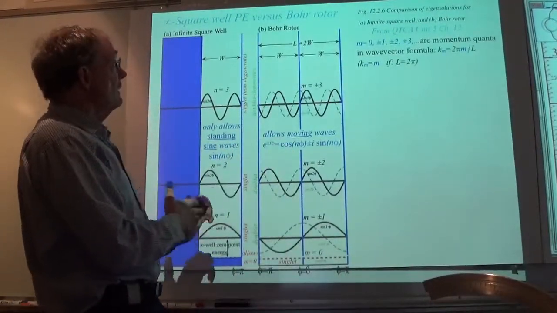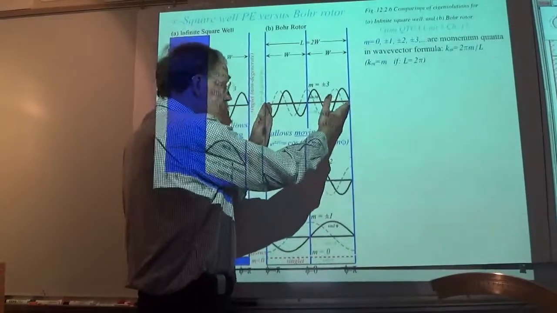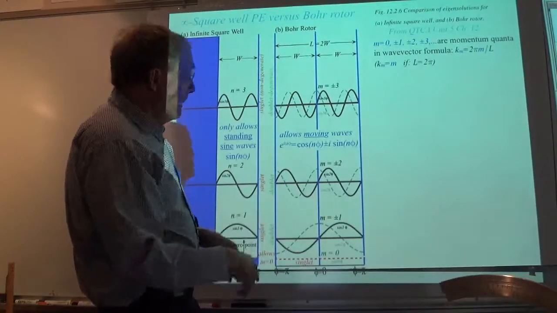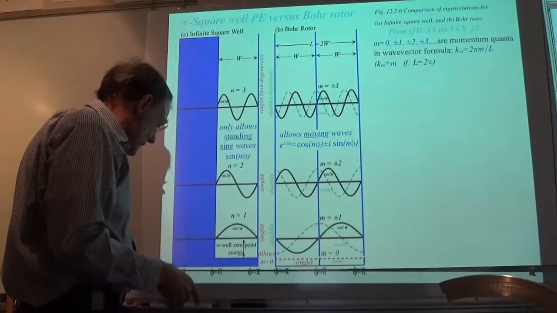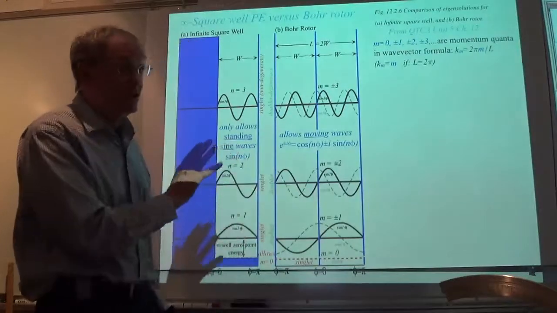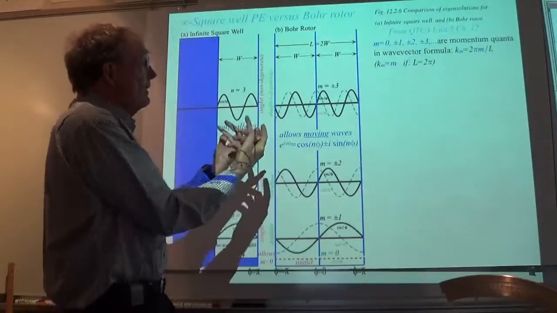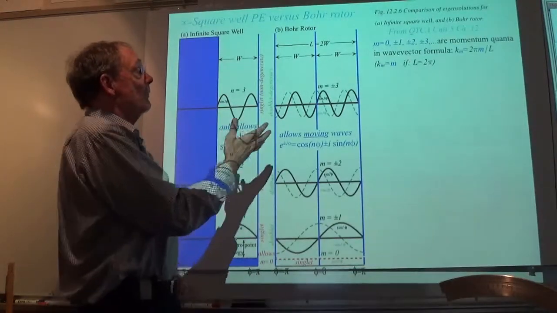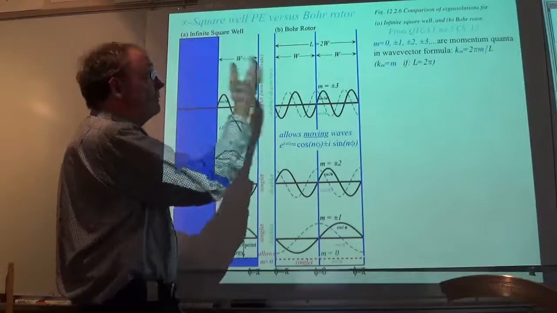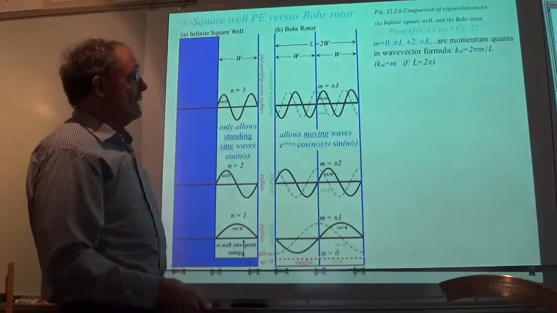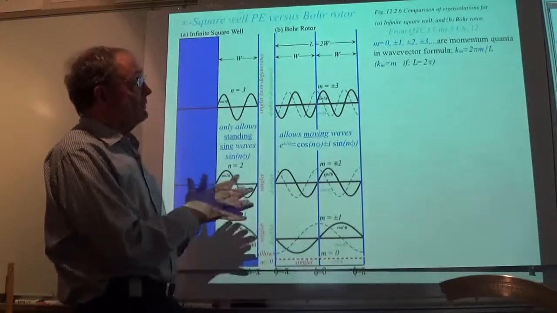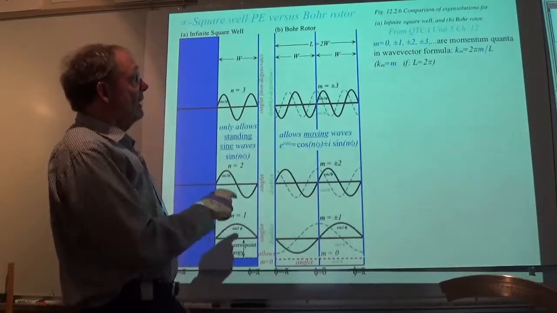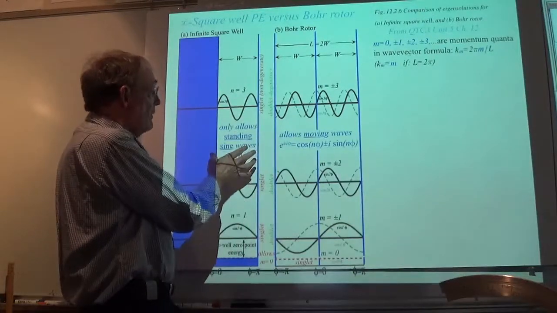The Bohr rotor turns out to be the one that we'll use the most. And unfortunately, it's the one that is not explored in very much detail, even though it's the simpler of the two in many respects. For our symmetry purposes, though, we will be referring to this quite often as we develop the techniques of symmetry projection for Fourier states. But this is to be compared with the